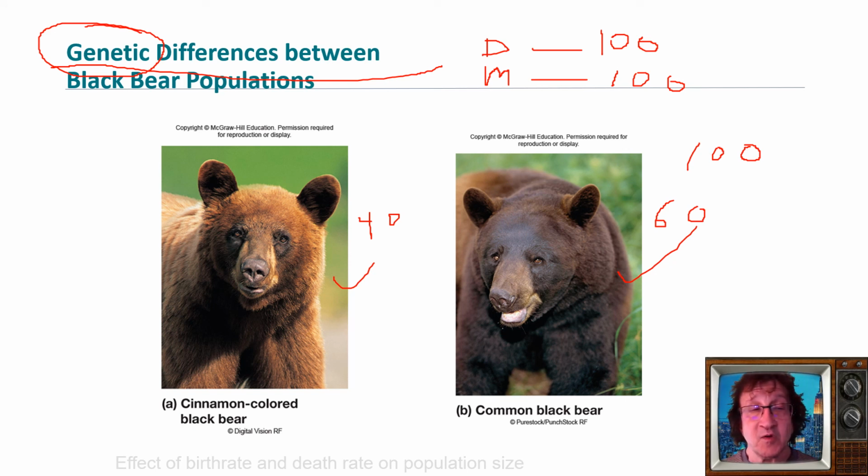And guys, we do this with people. When we start even looking at ethnicity of people, this is important. We're learning this with many diseases, that some people are more susceptible to disease than others. So if that disease gets into a population of people that are susceptible to it, that is important information to know. And in this class, I wish we had the ability to go out and do genetic analyses and do these types of studies where we can actually calculate how many creatures will be born in a certain environment based on their genetics of a particular species, what we call the mutations or the variations of the genetics.